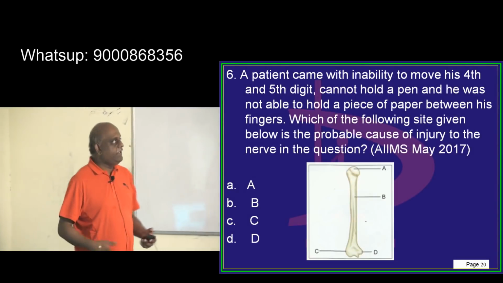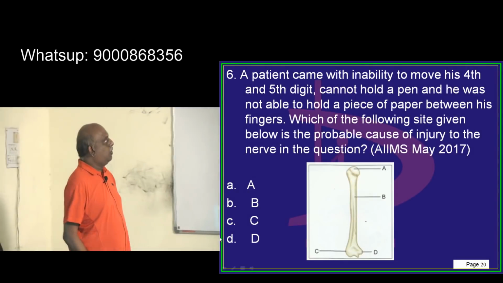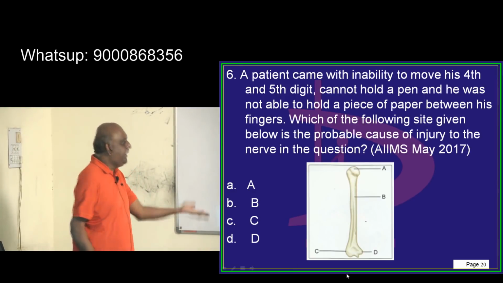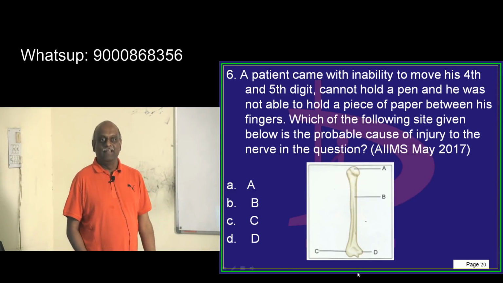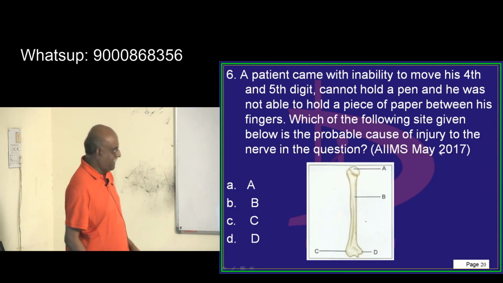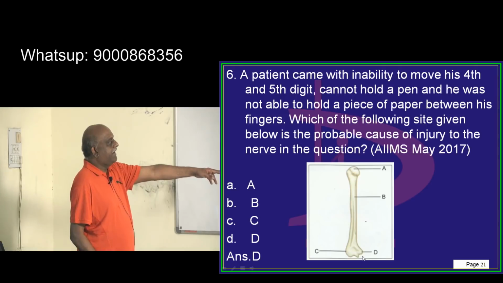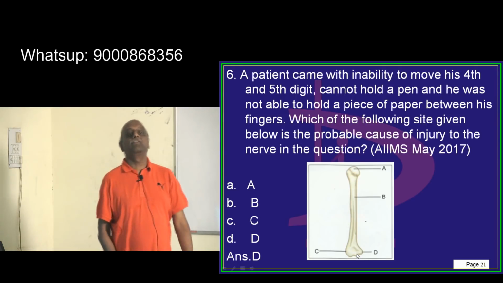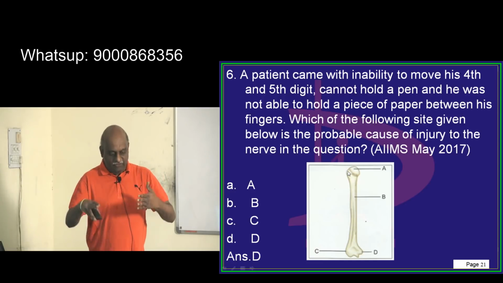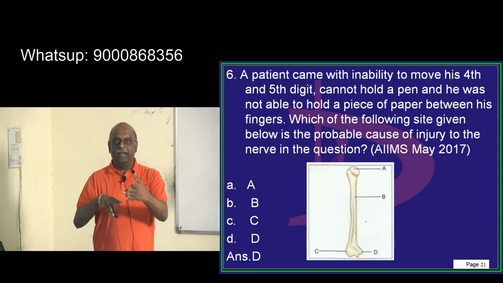A patient came with the inability to move his fourth and fifth digits. It is ulnar nerve. Where is the ulnar nerve passing through? Typically, you have the medial aspect of the humerus. So that is the reason it is the D through which the ulnar nerve is passing. Obviously, when ulnar nerve injury is there, you have the weakness, and if you pass a paper, then